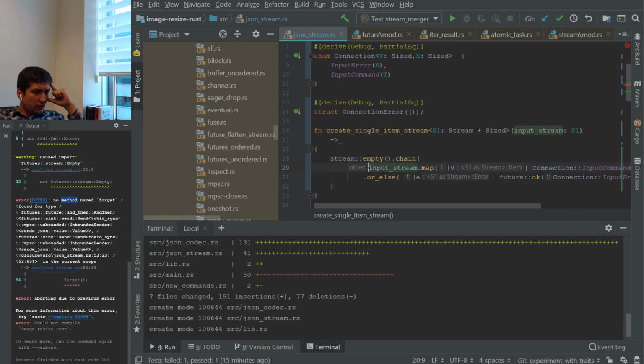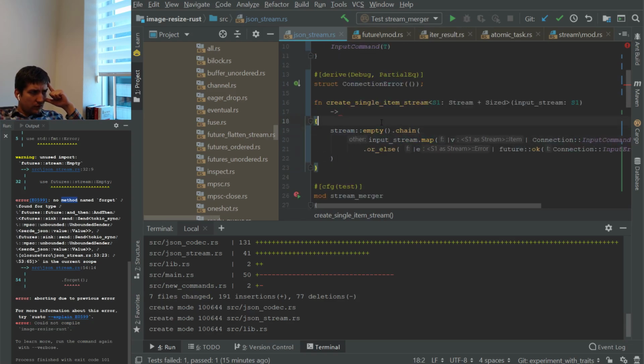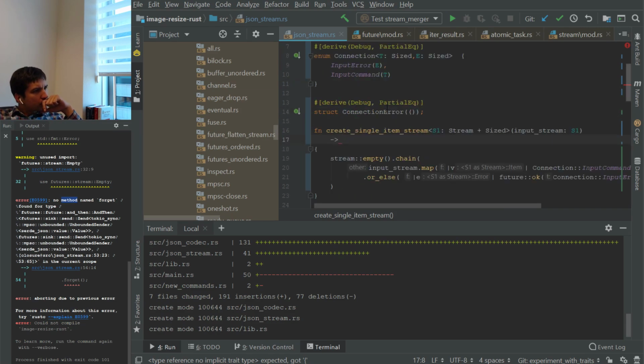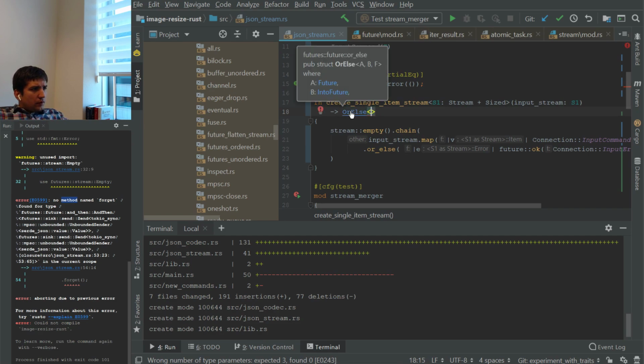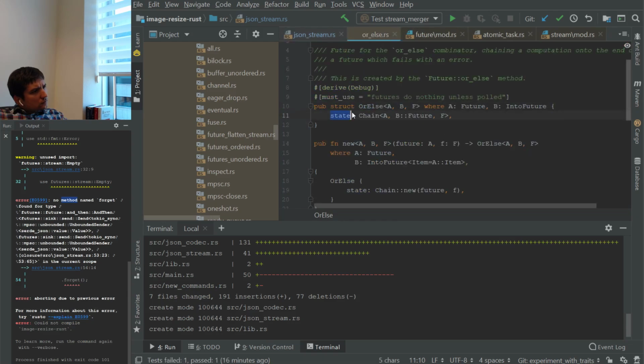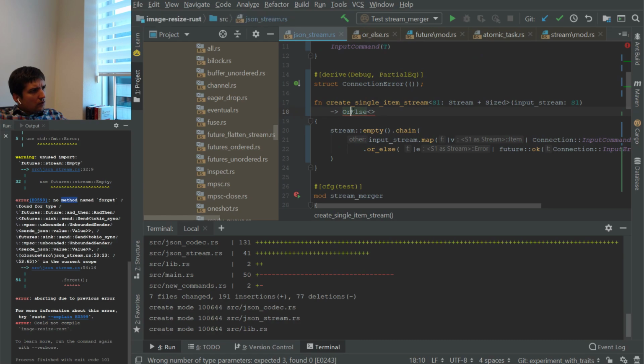So it means that I actually need to, for each of the folded items in a stream, I have to do something with that implementation. Yeah, so back it's gonna return... or else with which type? Let's just keep it simple. Let's just keep it as a chain,